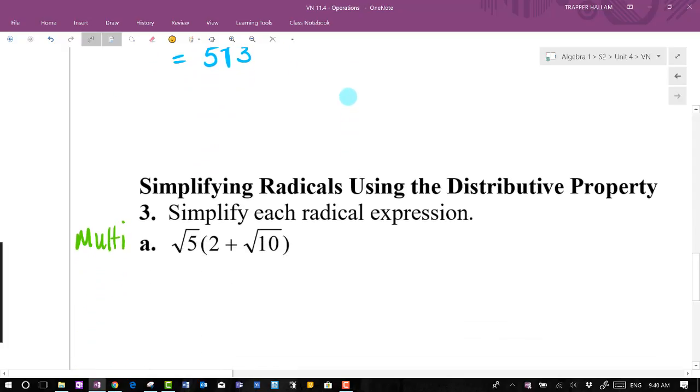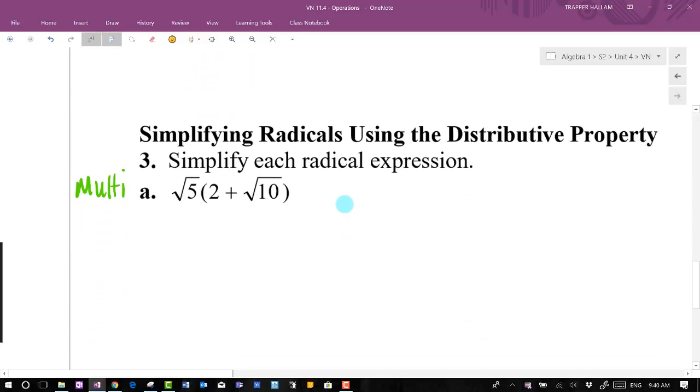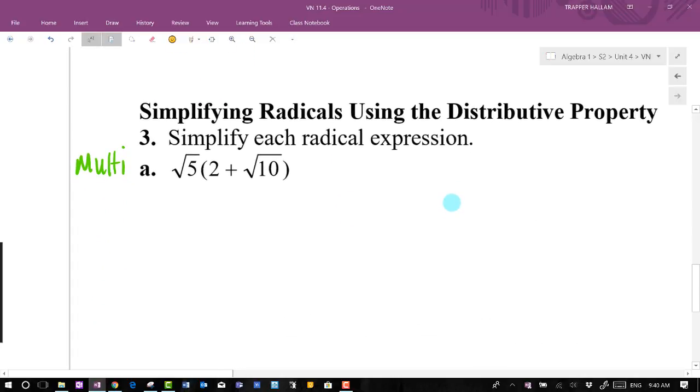All right, so let's move on to another operation that involves multiple radical terms. In this one, we've got a non-radical term and a radical term that's being multiplied by a radical term of the square root of 5. This is quite literally the distributive property. So we're going to employ the distributive property, meaning that we're going to multiply the square root of 5 to both terms inside of the parentheses, and we're going to use all of our simplification tools that we know about radical expressions or terms, and clean it up afterwards. So this works just like you've done the distributive property before,